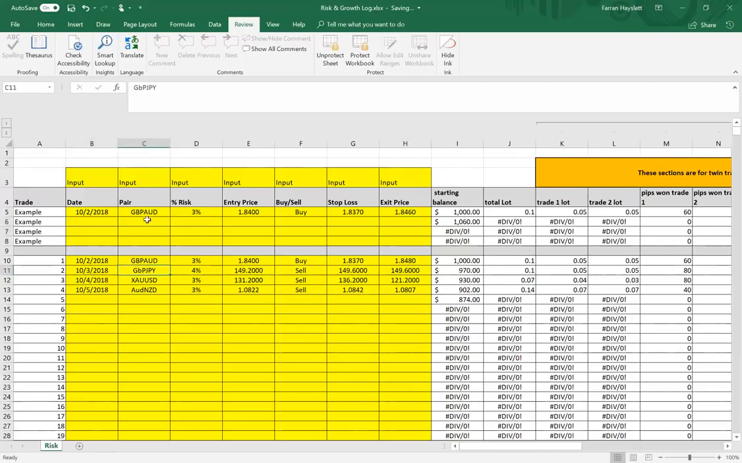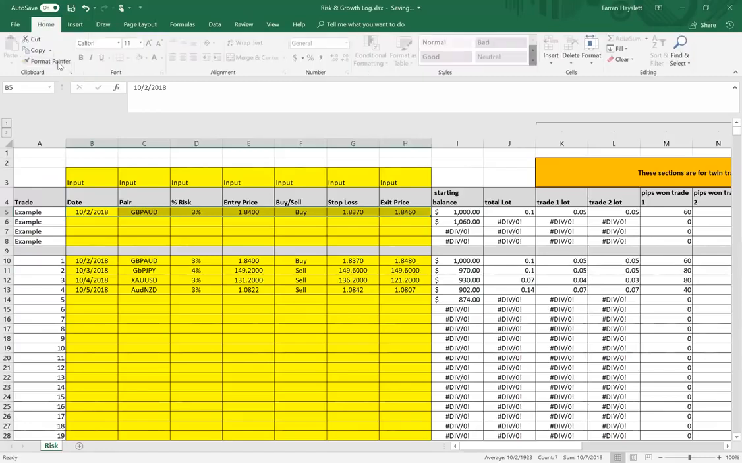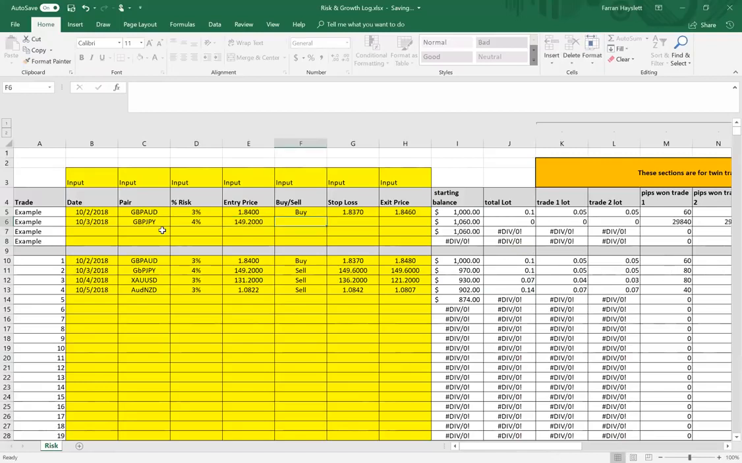Let's say I want to trade GBP/JPY. So on 10/3, which was the date I'm going to enter this trade, I'm selling. I want to trade GBP/JPY. Boom. Let's say on this trade, I want to risk 4%. Okay, I'm going to put a 4 there. I want to enter this trade at 149.20. I want to sell it,